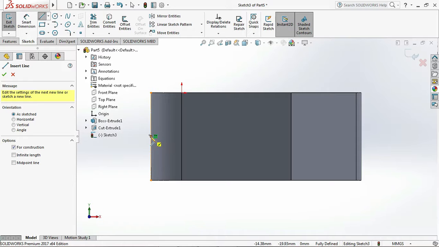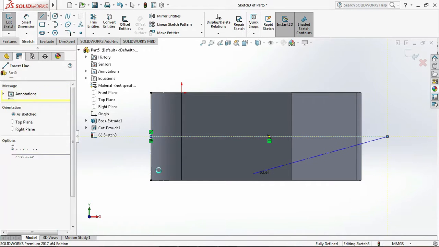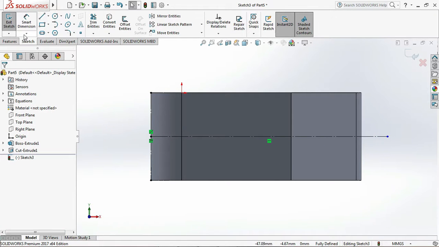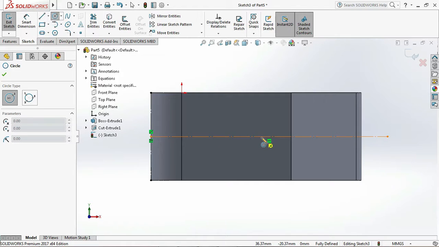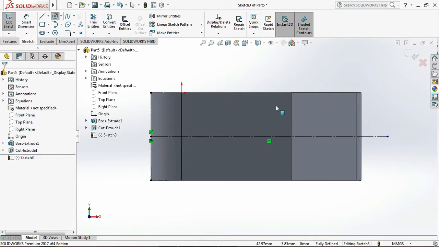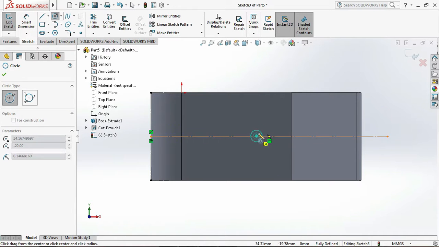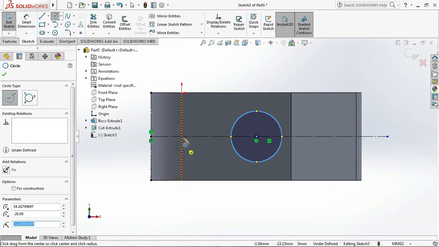We need to draw the center line in the middle of that edge to any point on the model, and we need to draw the first circle. Draw the first circle like that, and then another one